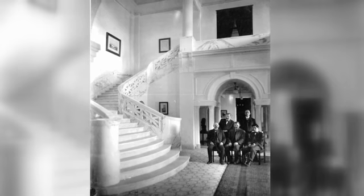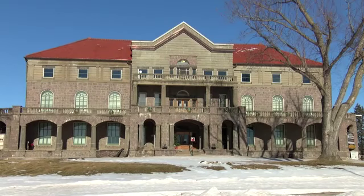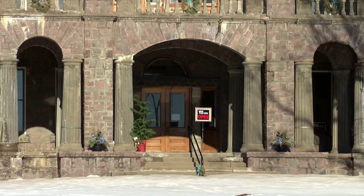Leonard C. Meade. For years, the historic building was home to people struggling with mental illness. This building was only for the high-functioning female patients. So that just kind of meant that they really didn't need a lot of attention, but they did need to